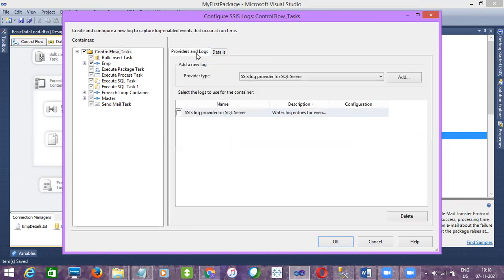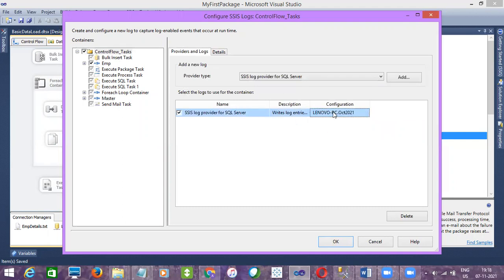So choose that, and once you choose the log provider and click on add, you have to click on enable here, and this is just the description of the logging. In the configuration, since you are using SQL Server, it will ask you to choose the connection manager, on which server and which database you want to implement this log table, right?